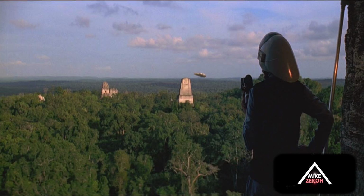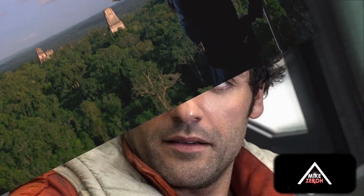Now, I would imagine that in Episode 9, in order to attempt to rebuild the Resistance, eventually becoming the New Rebellion, or maybe they already are the New Rebellion at this point in time in Episode 9, maybe they did this or are doing this by seeking out all of the abandoned bases, such as the one on Crait that once belonged to the Rebellion, and they're using this as a way to regroup and strengthen themselves